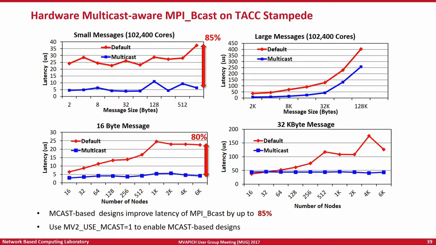Yes? So this is set by default? There are two things here. Your system has to have the necessary libraries to support multicast. If the necessary library support is detected at configuration time, then it is enabled by default at configuration time. Then to enable it at runtime, you need to set this environment variable MV2_USE_MCAST to 1. So there is a system library dependency, and if the library dependency is satisfied, then you have to enable it at runtime by using this variable.